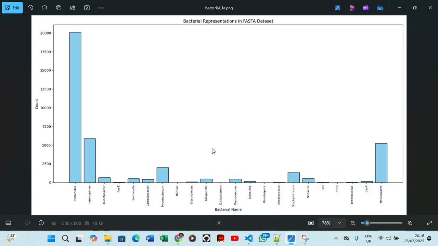this is what our data looked like just after we had acquired it. Escherichia is very highly represented under the bacteria because Escherichia has different types. You've heard about E. coli, we have E. coli and others. But later on, as the model does the training and the amino acid analyzer does what it does, it